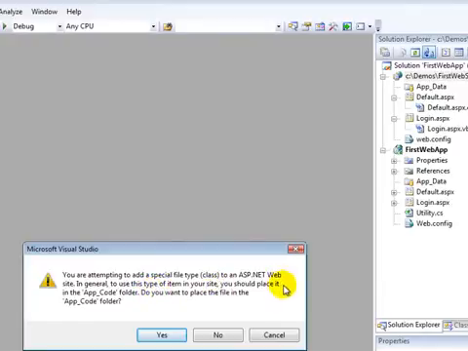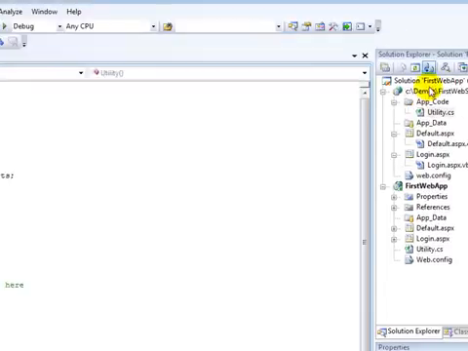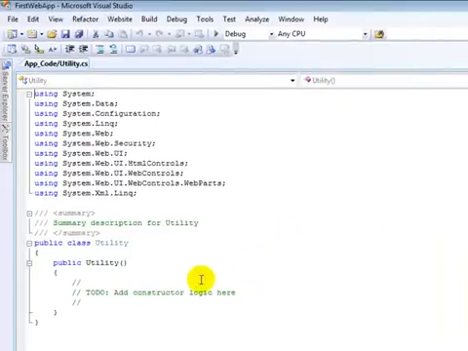The message here basically states that I won't be able to reference the code inside of this class unless it's in my app code folder. So it prompts me to actually place it in my app code folder and asks me if I want to continue. Yes, I do. It'll put it in my app code folder. It'll actually add the app code folder if it isn't already there, and it'll put it inside of there. It adds some additional references, puts utility.cs